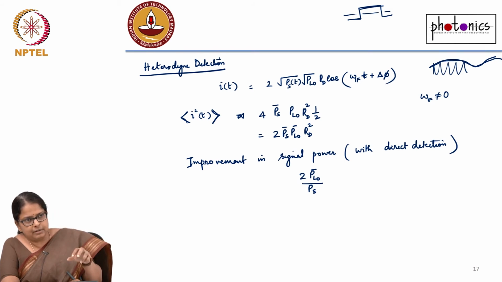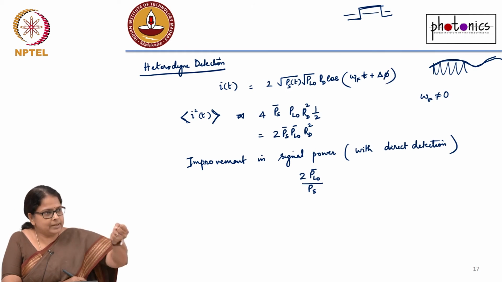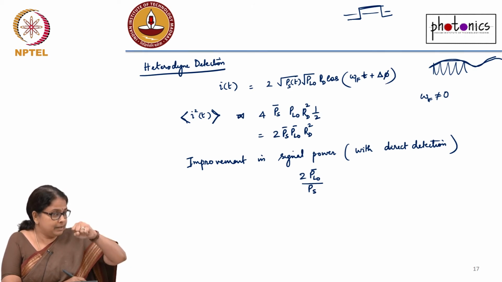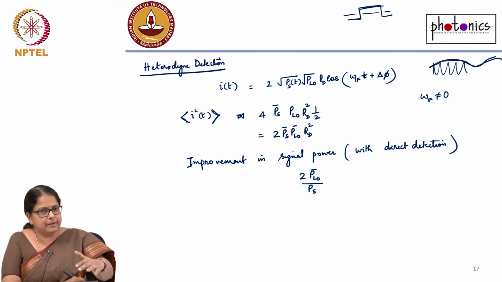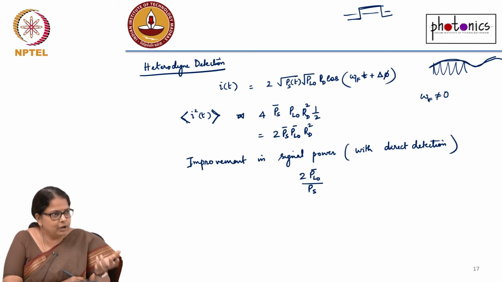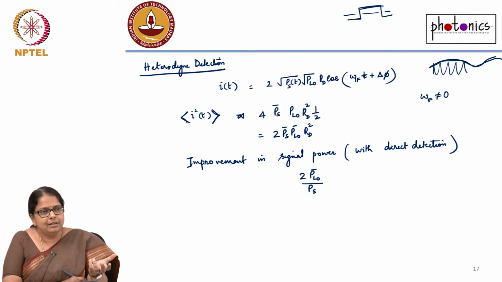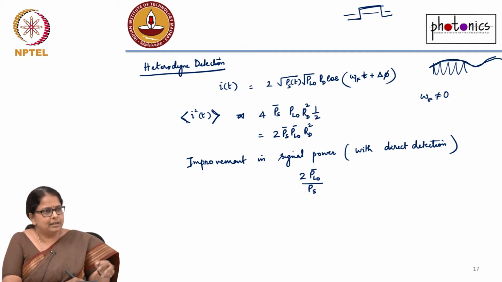If you are doing all the hard work to get to homodyne detection, your improvement is improvement in signal power. Remember, this is not improvement in SNR, okay? This is just improvement in the signal power. How much power is essentially reaching the receiver, right? Signal power, electrical power that comes out of the receiver. That is double when you are doing homodyne, and it is 3 dB down. The benefit that you got because of this coherent detection is 3 dB lesser for heterodyne detection rather than homodyne